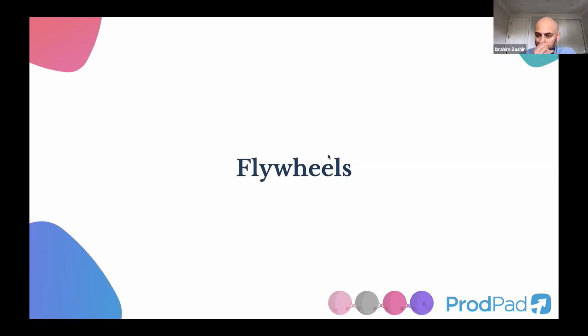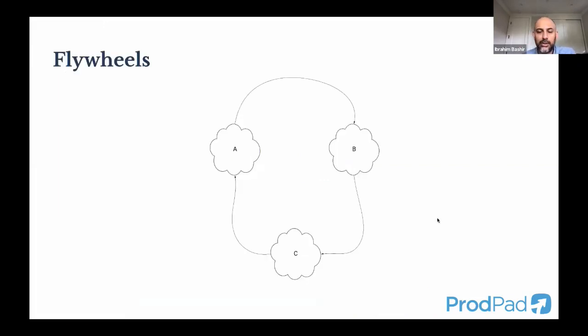So the second thing I want to talk about is flywheels. If you've studied other product courses or read any content online, you may have come across the idea of a flywheel. A flywheel is basically an attempt to explain your customer's journey in your product through a tight loop. So very simply, you have step A, B, and C that your customer is going through. And that's the core journey that you're trying to drive them through. I know that's a very abstract idea, so I want to actually go through some specific examples.